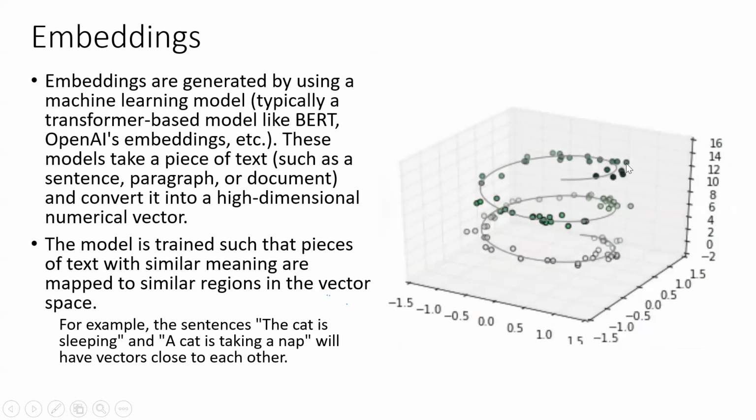Let's say I talk about this point. This point has some x coordinate, some y coordinate, and some z coordinate also. Once it has all those three values, it's nothing but a vector from 0, 0, 0 till this point. Okay. Similarly, what we want to do is when we create embeddings, we create such vectors